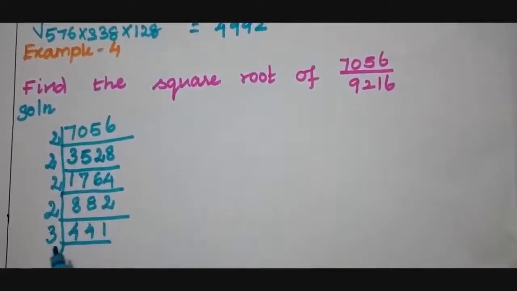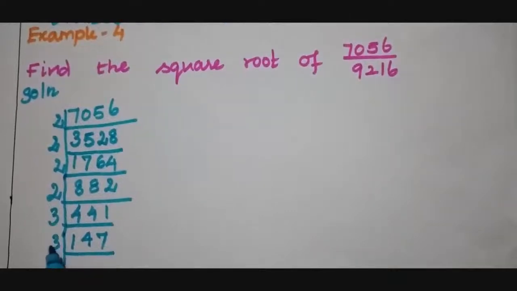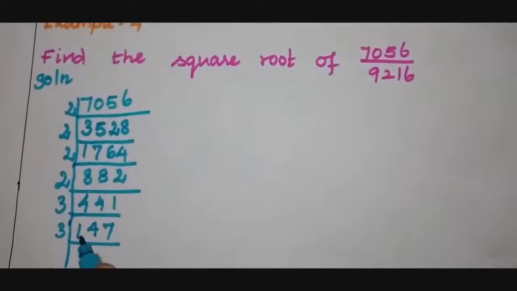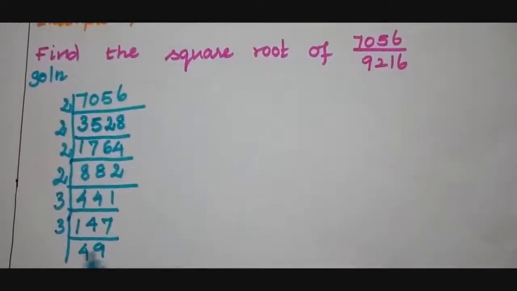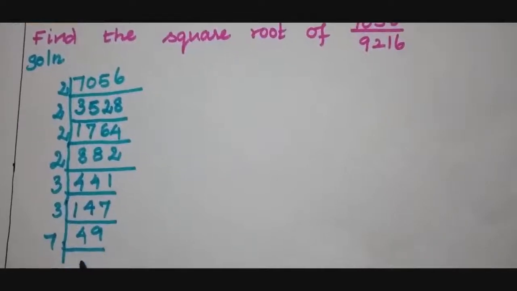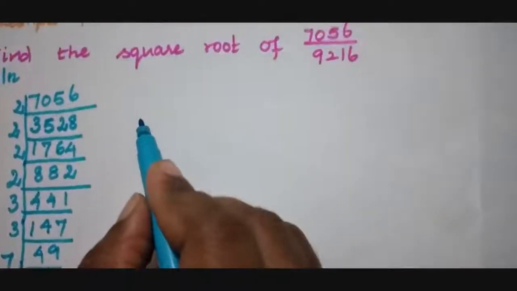We can do it with 3 tables. 1 3 is 3, remaining 1, 4 3's are 12, remaining 2, 7 3's are 21. So again with 3 tables. 4 3's are 12, remaining 2, 9 3's are 27. 49 is nothing but 7 7's are 49. So we have reached the prime number. Now do the factorization for the second number.